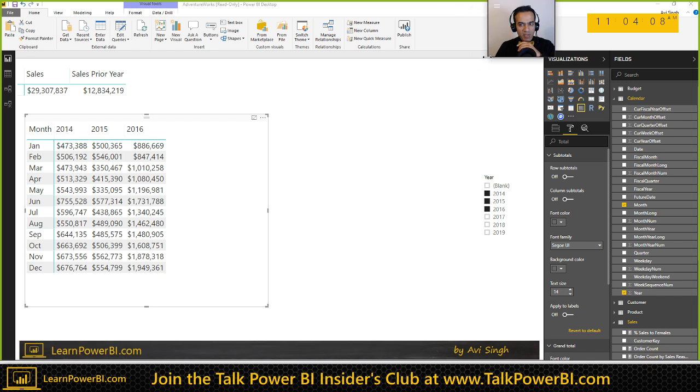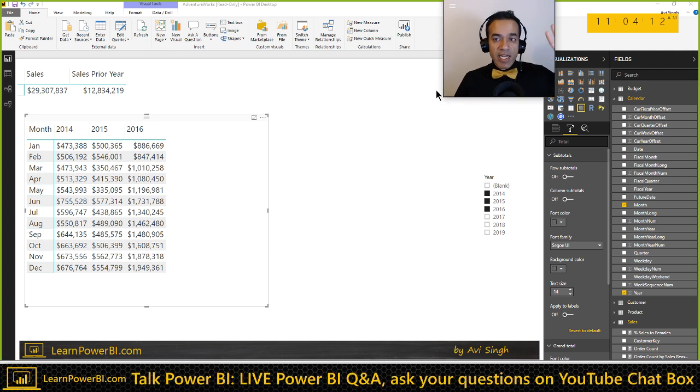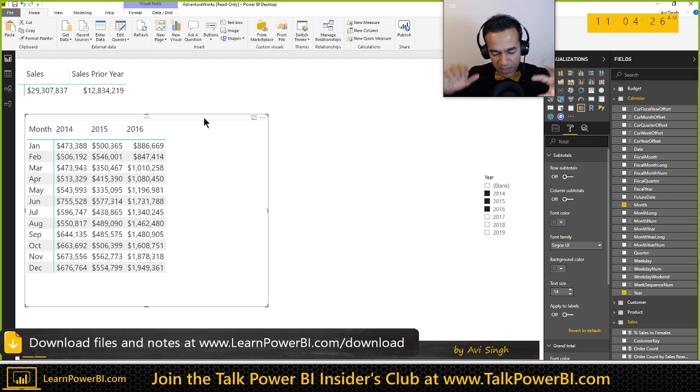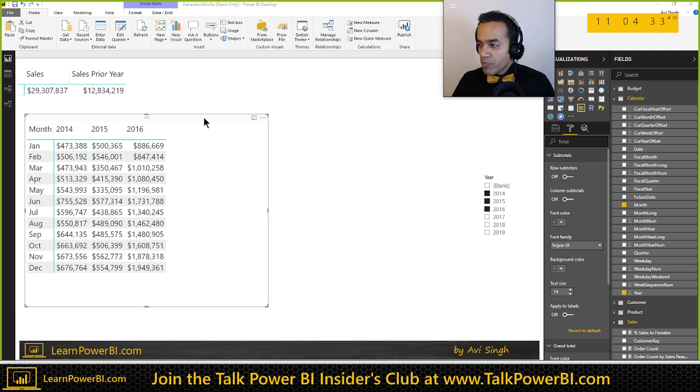You can call them tables if you want. I call them pivots because I started off using Power BI inside Excel. So I had this idea of a working pivot and a debug pivot and a reporting pivot. When I'm starting to write a DAX measure, this is my working pivot. This has nothing to do with how it's going to be displayed in the end. This is just me trying to figure out what's in the data, what's working, right? So this is my working pivot, and then there would be a reporting pivot,